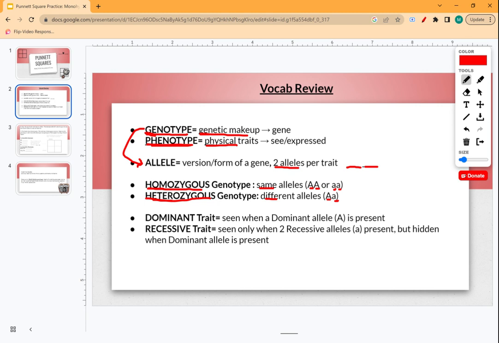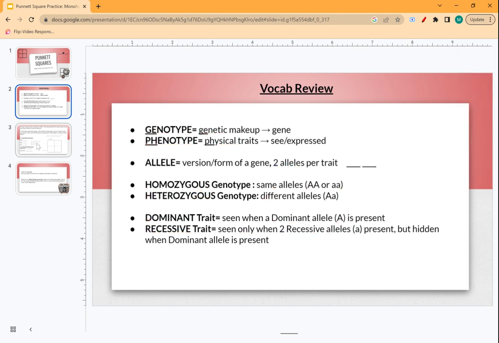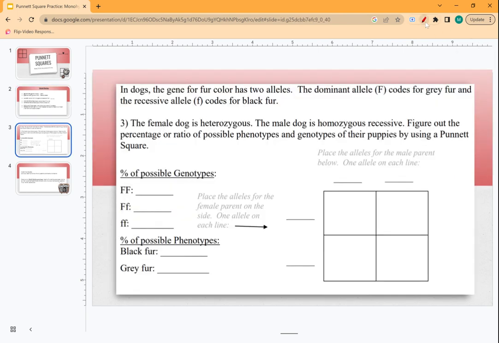When these are then expressed as traits, it can be dominant, and the dominant trait is seen when there's at least one dominant allele. So as long as you have a big A, a dominant allele, you're going to see the dominant trait. But a recessive trait is hidden whenever you have a dominant allele. It's hidden and only seen when you have two recessive alleles. So two of the little a's means you get to finally see the recessive trait. Now that we've done that quick review, let me get to this practice problem from the